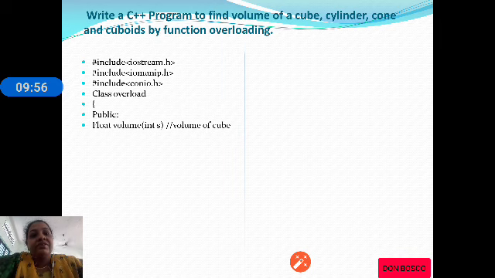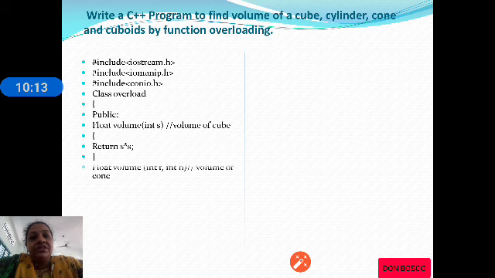Let us check out the class name. The class name I have given here is class overload. Let us check out the functions included in class overload. So here we have float volume. Volume is the member function with one integer argument, which will calculate the volume of a cube. Then we have another function, that is volume, with two arguments.